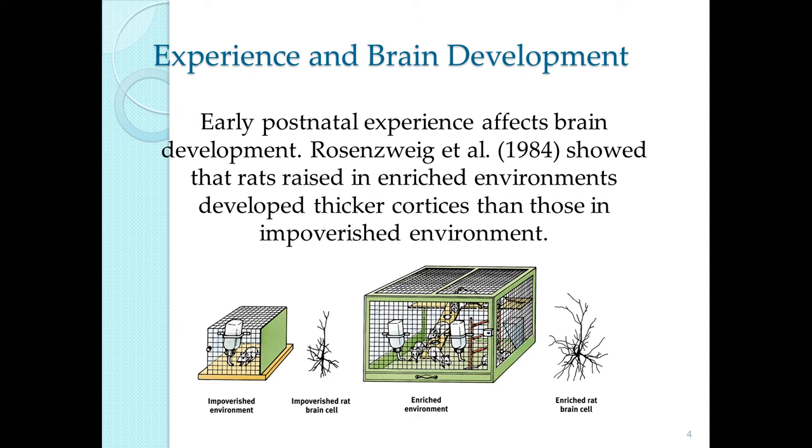Way back in the first lecture, we talked about taking two identical twins and putting one of them in a wealthy household and one of them in an impoverished area. And we determined quite rightly that the individual in the better household was more likely to have a higher IQ. Well, this is part of why that is, because the children that are given access to that better environment have what's known as an enrichment experience.